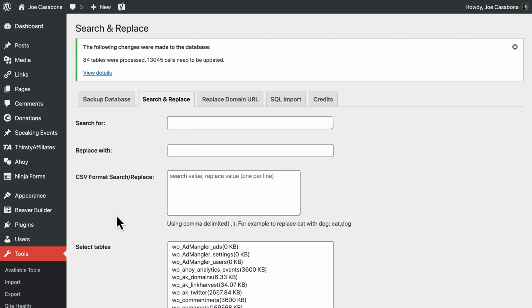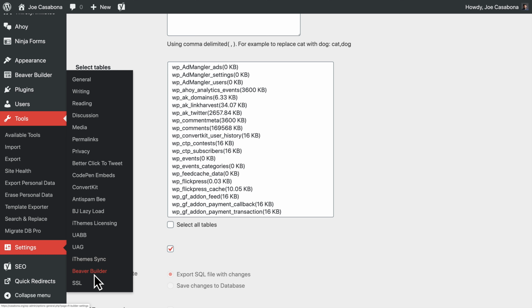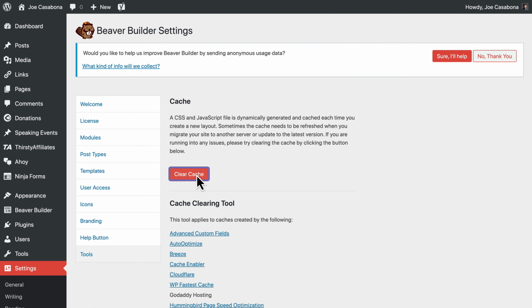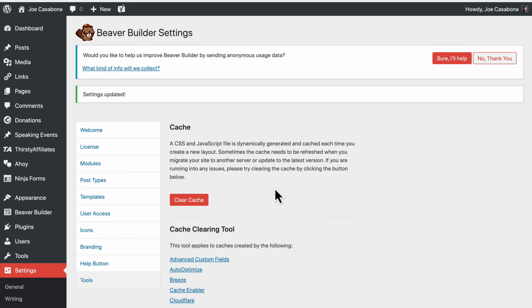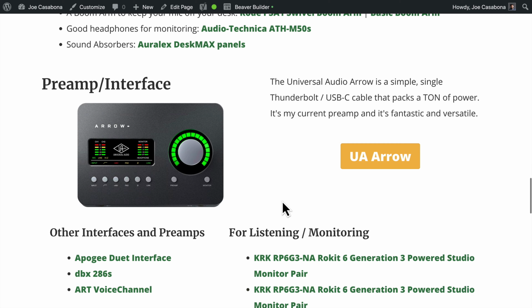So I'm going to do one more thing. Since I'm using Beaver Builder, I want to make sure that the Beaver Builder cache is cleared so that we don't run into any issues. If you're using a different plugin like WP Rocket or anything like that, I would recommend clearing the cache as well. So if we go to the front end of the site, and I'll scroll to the bottom,